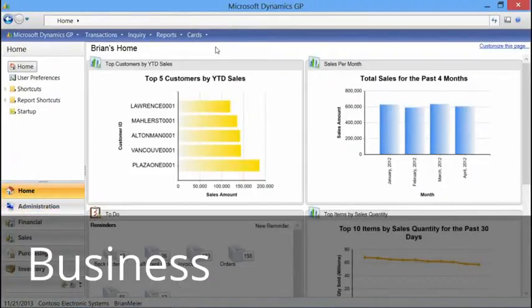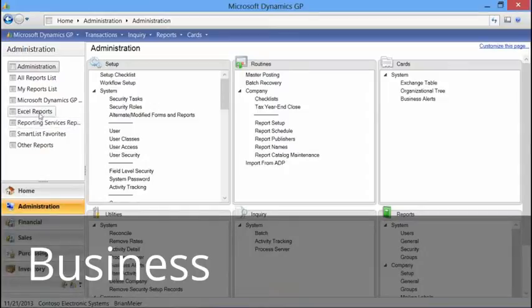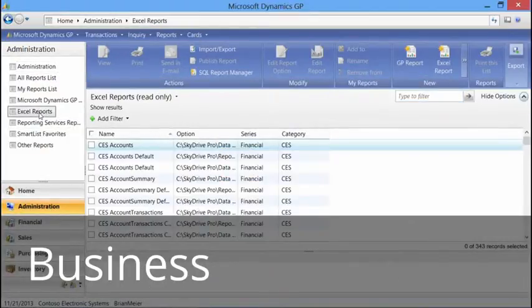Okay, so once we've deployed our Excel reports, we can see a list of all the reports by going to the Administration tab and then selecting Excel reports. So again, this will give me a list of all the Excel reports that I have available for Contoso Electronics. Now, one thing I will point out is that